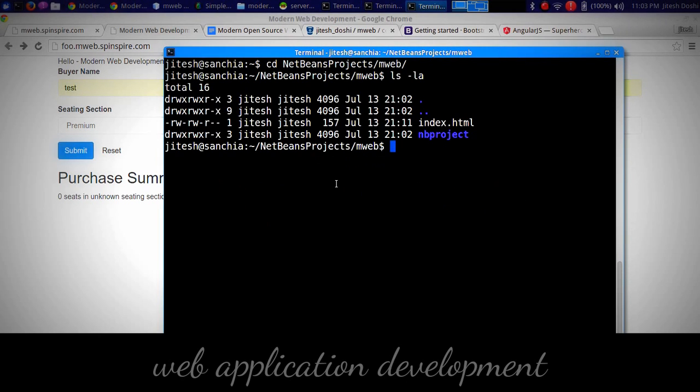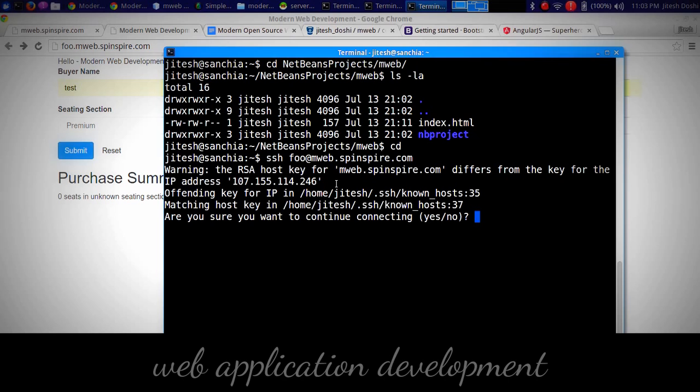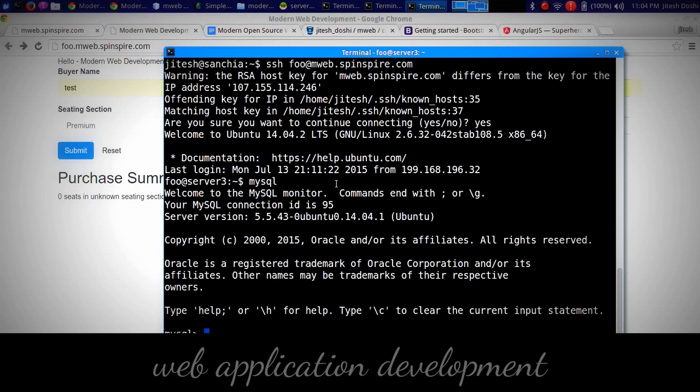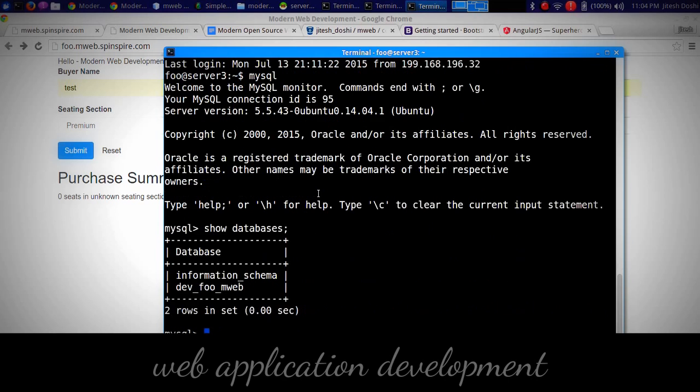MySQL on the server. So let's go to the server, ssh foo at mweb.spinspire.com, and we are connecting to it. Okay, so that's good, we are connected, and on the server we can simply run MySQL. That's it. And when we run MySQL, we get logged in, and we say show databases, and that will show